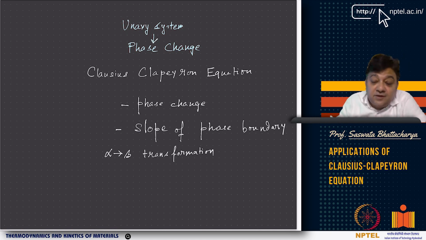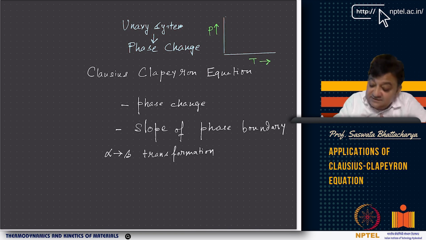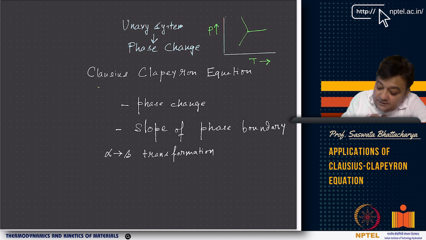So for phase change, as you know, we also looked at the phase diagrams in unary systems. Usually you can draw different types of phase diagrams, mu-T, V-T, but in general the phase diagrams that are drawn have pressure as the y-axis and temperature as the x-axis. We also saw triple points and how the phases will coexist. And if you remember, we introduced the Clausius-Clapeyron equation, and we said that dP/dT is the slope of the phase boundary